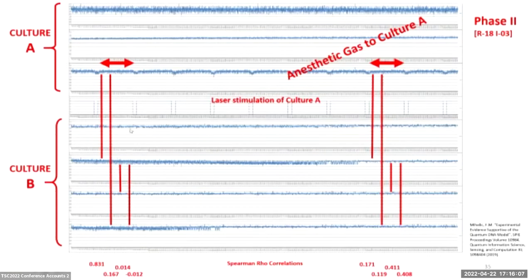But then when you look at cells in the same culture, these three cells were not correlated. Now we go over here to this second segment where all these phase lockings, I guess, are turned off. And now this cell in culture A and this cell in culture B have no significant correlation, still no significant correlation between these other two cells in separate cultures. However, when you look at the cells in the same culture, now you have a 0.4 correlation, which is a relatively good correlation.